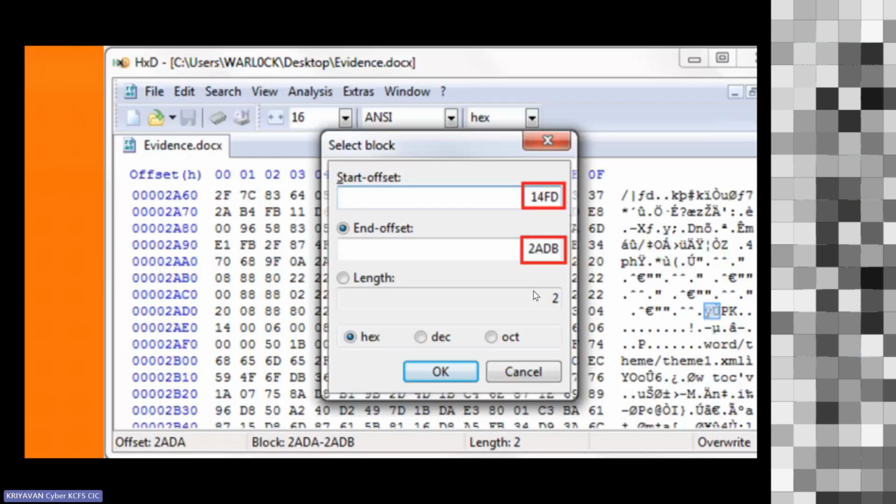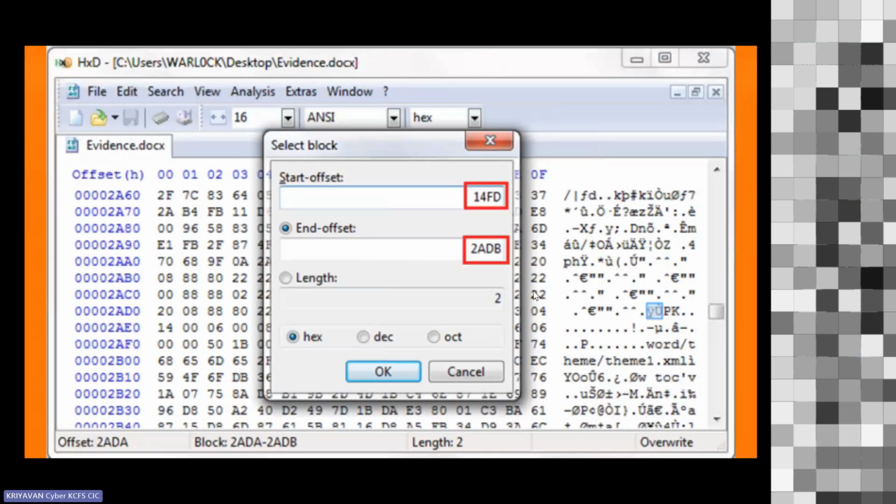The next step is, you have known the starting point, right? We need to know the ending point. The ending offset of this JPEG format will be 2ADB. Starting we have already found 14FD. So if you know your friends are sitting between chair number 12 to 21, what will you do? You will call all people from 12 to 21. In the same way, you copy the data starting from 14FD, all the data ending in 2ADB, then